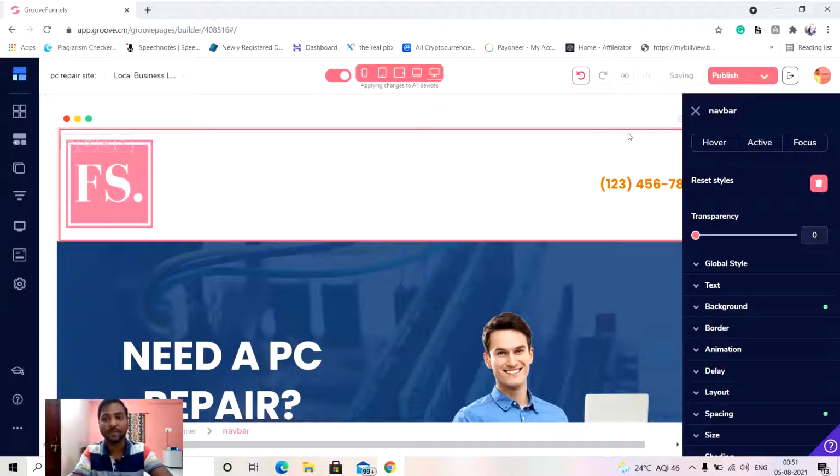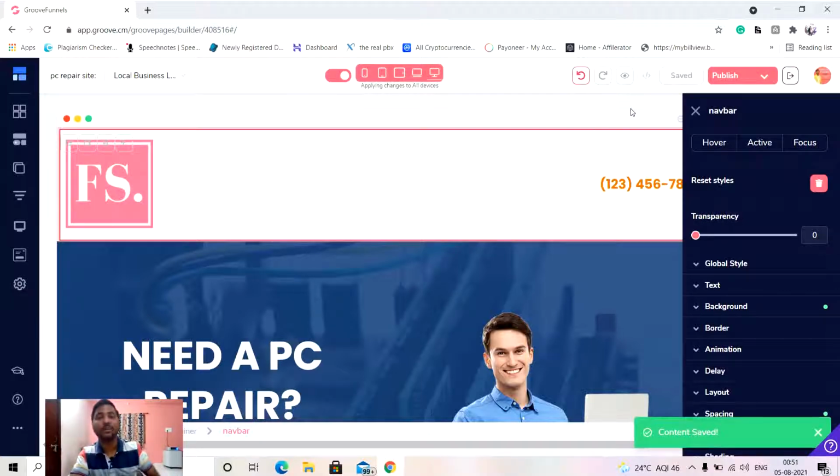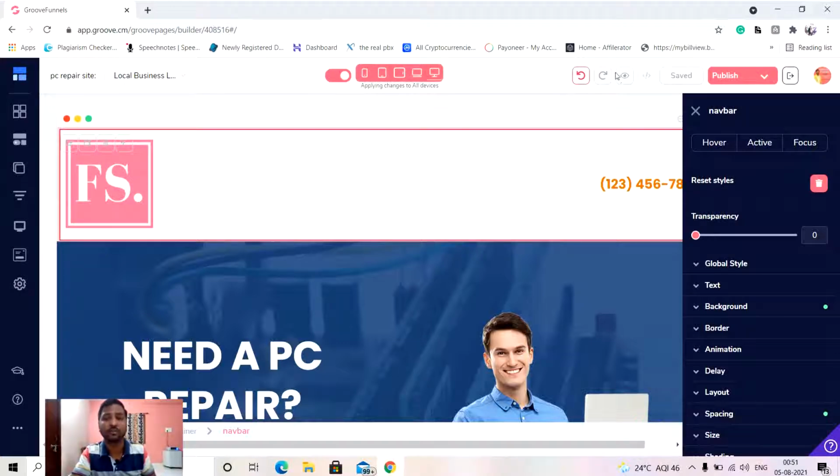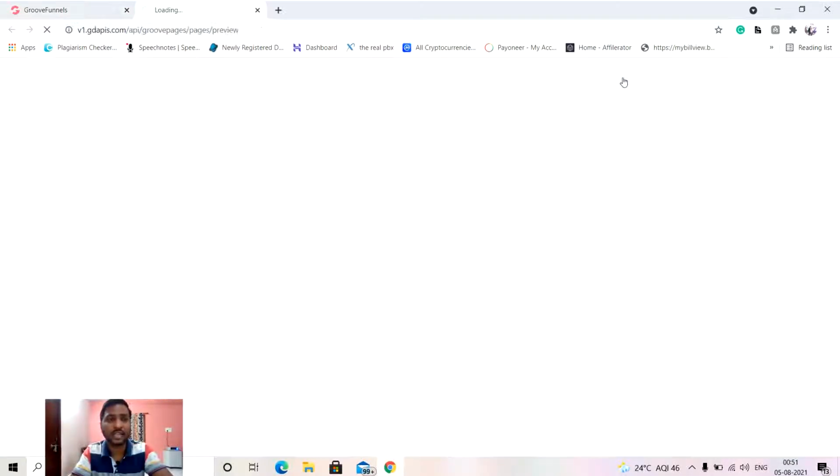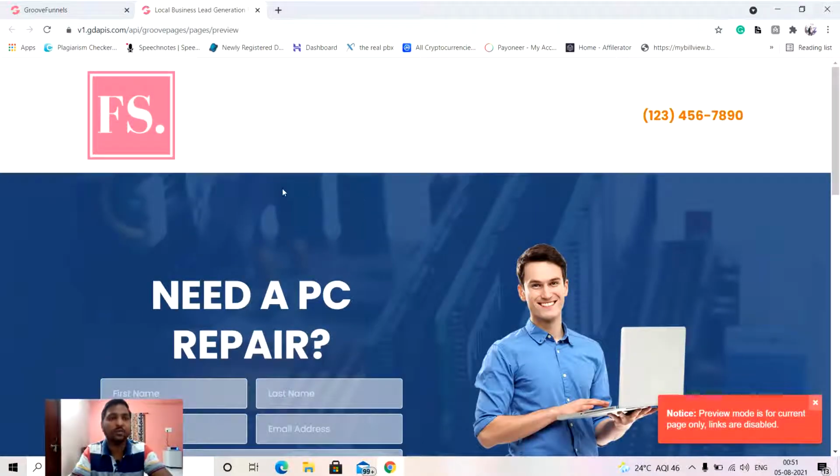After saving, you can check the preview to see whether it looks good or not. At the top area, you see there is an eye button. Just click on it and it will open a new tab in front of you, and you will be able to see that this logo is added there. Look how pretty simple it is.